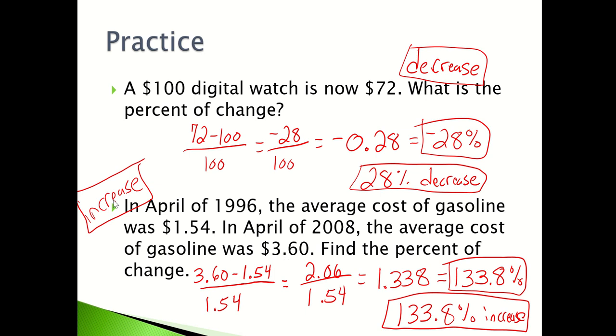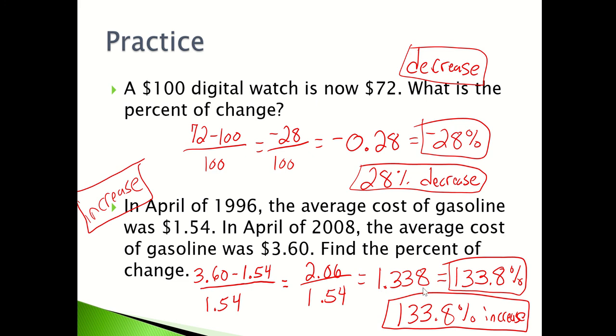That is an increase. We should have a positive percentage. 360 is the new amount minus the old or original amount, $1.54, divided by the original amount, $1.54, and we get $2.06. That is your increase, right? Went from 154 up to 360. That's a $2.06 increase divided by the original amount, 154, which gives us